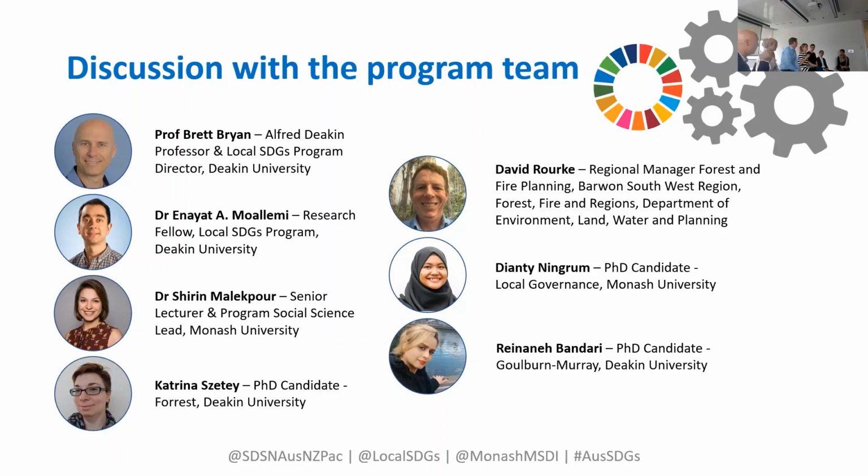Hi everyone. I started my PhD around 5 months ago. I have started to review the policy documents and different references about the Goulburn Murray, which, as most of you know, is famous for agriculture in Victoria and its effects on the economy, even in Australia. So until now, if I wanted to tell you about the priority of the SDGs in this region and the main concerns of the local community, they include water resources management, which is so important among all of them, and then environmental management that's related to the ecosystem and also biodiversity in this region,